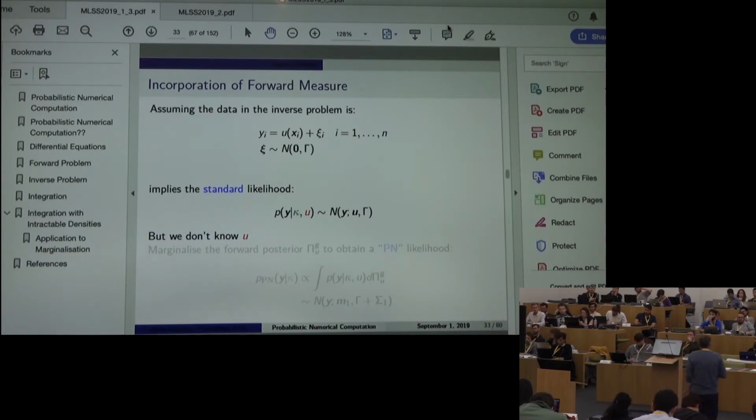So in the thermal conductivity example, maybe we have made some measurements of temperature on the surface of the object at certain points. And those measurements would correspond to the yi's. But of course, the sensor that we use, the instrument that we use, will have some level of error, some level of precision, and that is represented by the